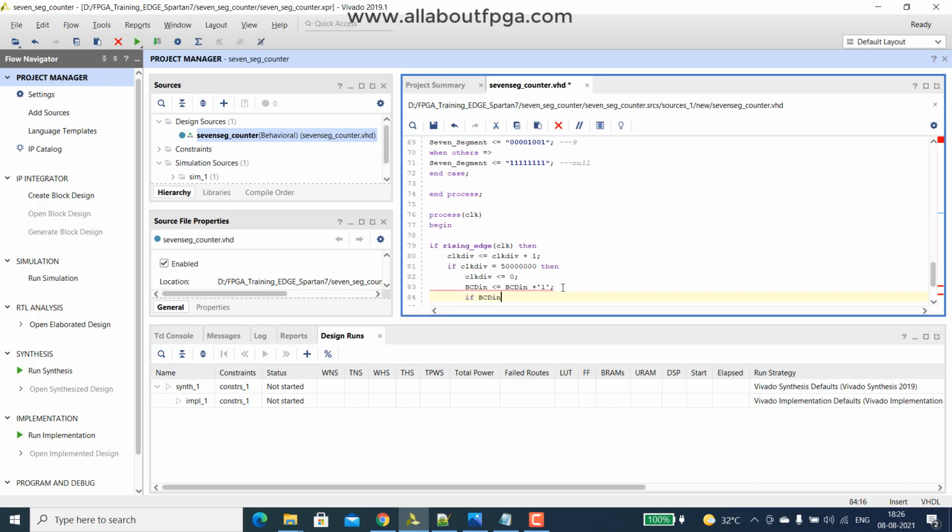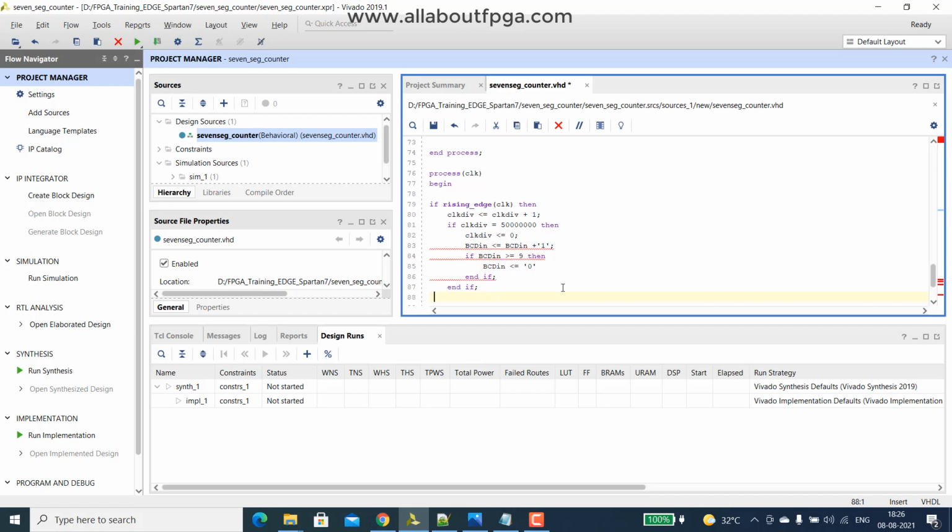Now we have to make the BCD in logic. If BCD in is greater than or equal to 9, then we make the BCD in 0. So end if, then end if for the clock divider, then again end if for the rising edge of the clock, finally end process.